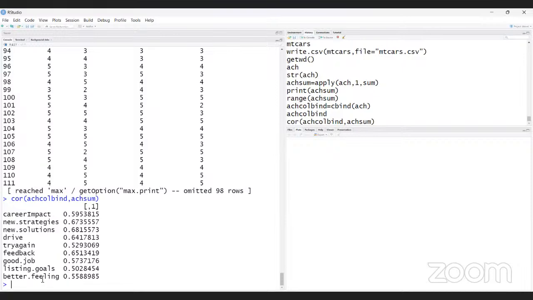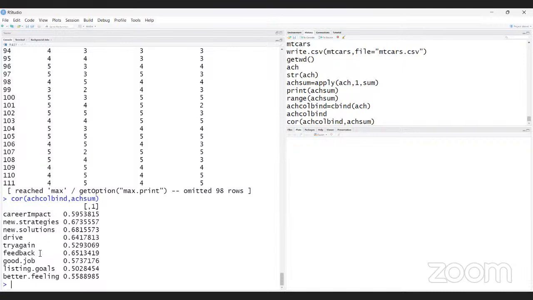Okay, so I find that these values, that is the new strategies, new solution, and the drive, feedback.